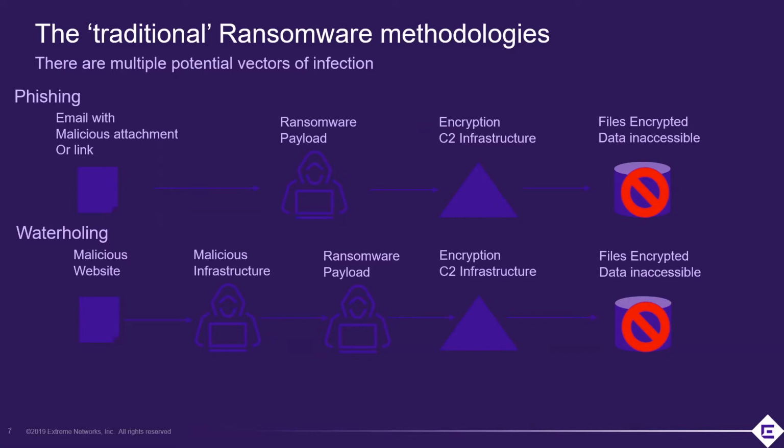But notice the similarity in the chain. Once the ransomware payload is down, there's an establishment of a command and control infrastructure, and then the encryption of the data. At that point, the C2 infrastructure allows the potential release of the encryption if the ransom is paid. That's the reason why the C2 needs to exist. And keep in mind, that's an important forensic piece to remember with this type of code.